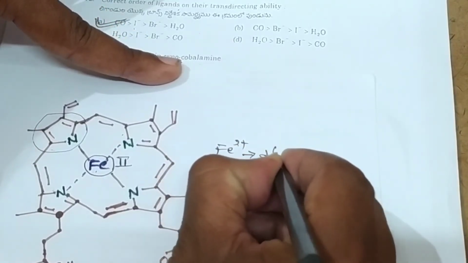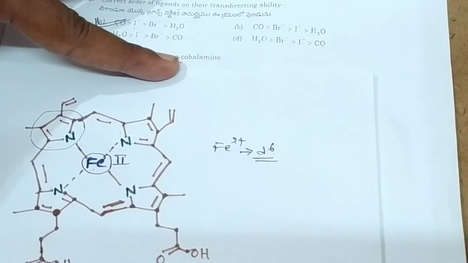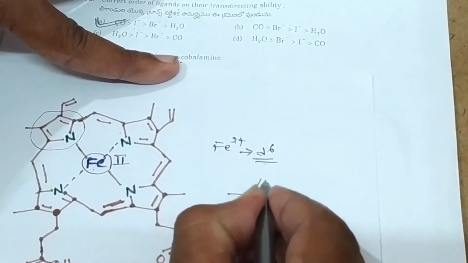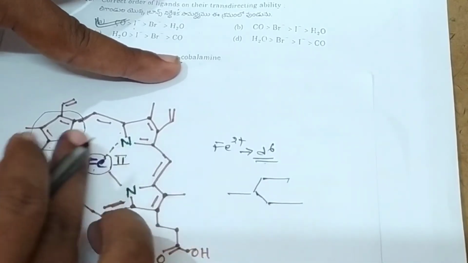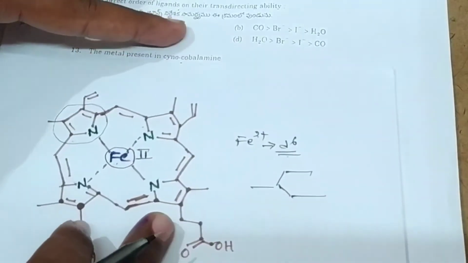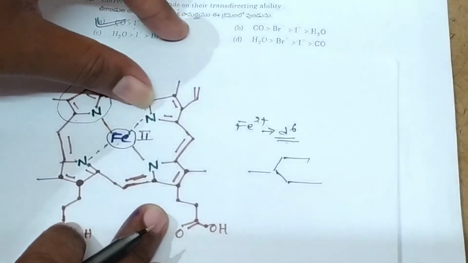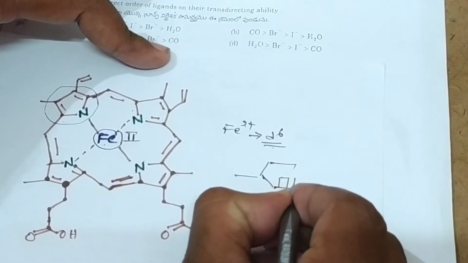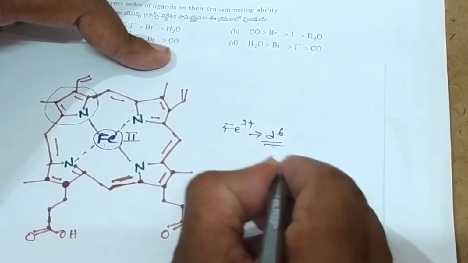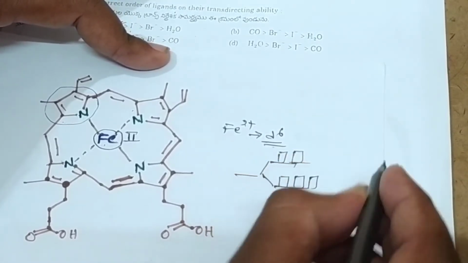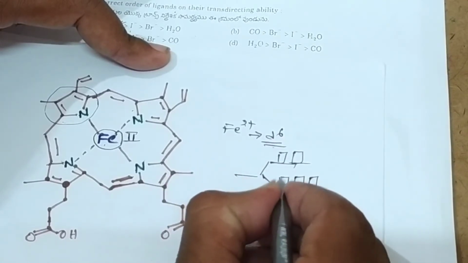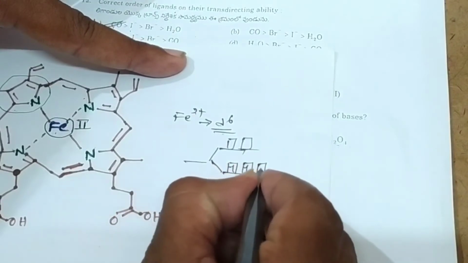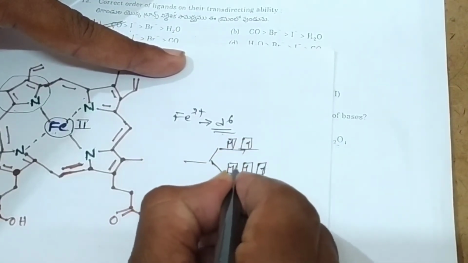So this is the d6 electronic configuration. In the d6 configuration, these porphin rings, meaning these 4 porphin rings, are weak field ligands. In this case they act as weak field ligands. So the electrons are arranged in the t2g and eg sets like this. Okay friends, this is the t2g and eg set in the d6 electronic configuration. This is a weak field ligand, so the electrons are present in here like this. Okay friends, electrons are present in here.